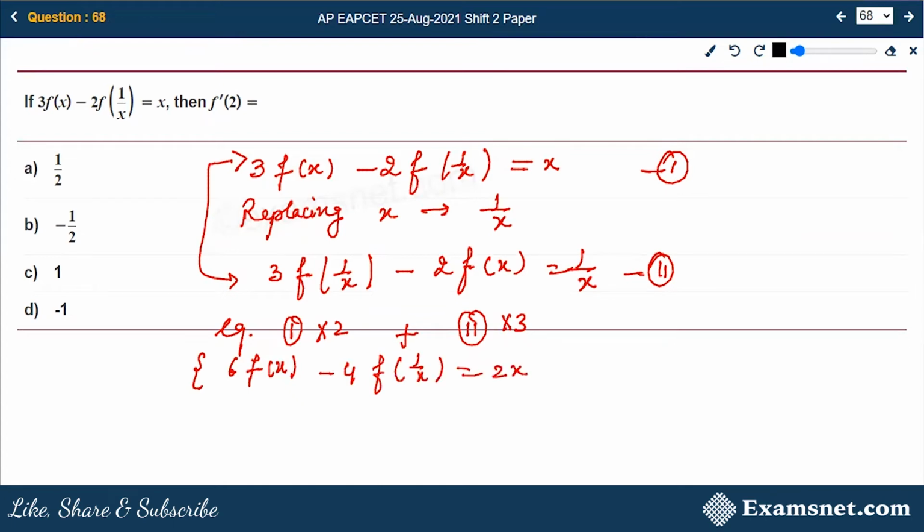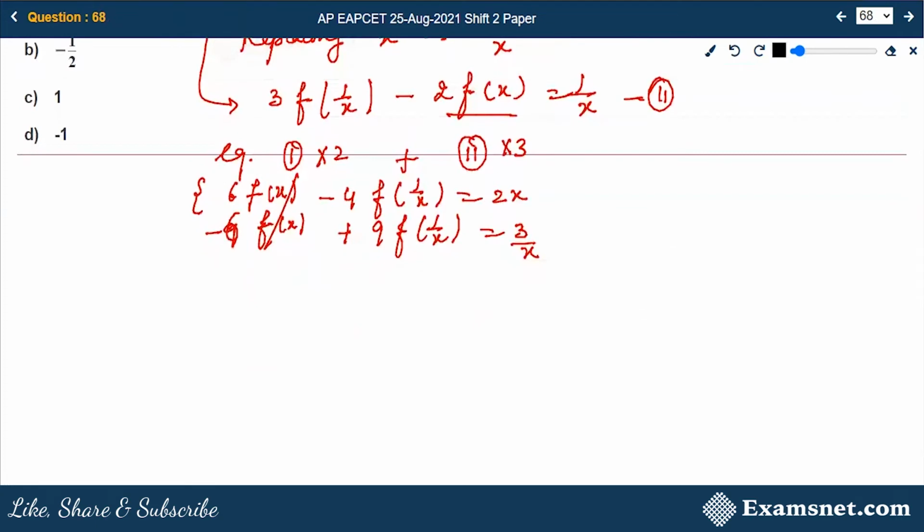And the second equation multiplied with 3 gives minus 6f(x) plus 9f(1/x) is equal to 3x. Correct? They will get cancelled and you will get 5f(1/x) is equal to 2x